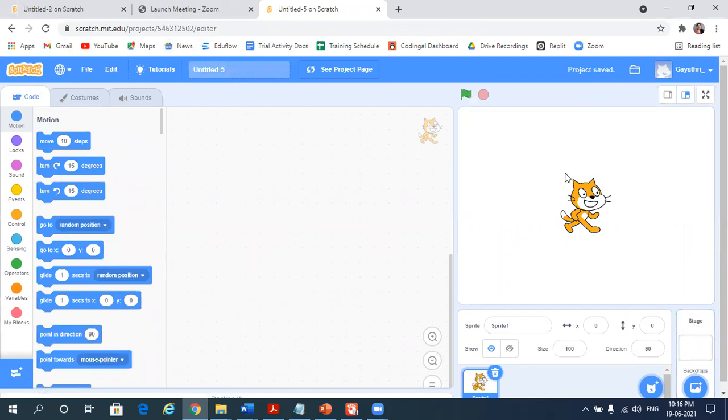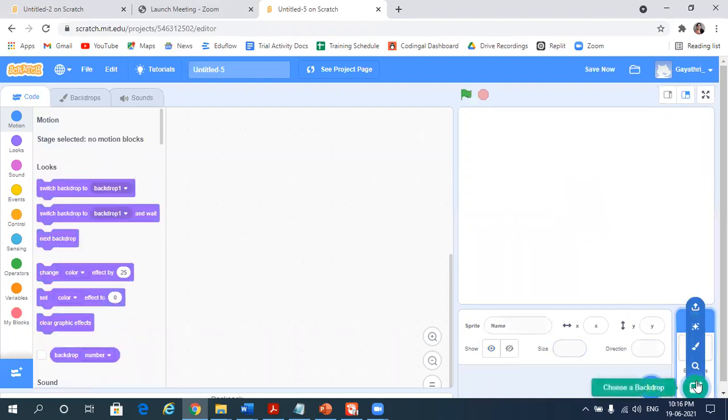Okay, see, we have a cat here by default. I'll just delete it. So this is the delete button we have. So just delete it. We don't want that cat in ours. So you can see here, there is a stage. This is to add our sprites. Sprites means characters here. That is the ghost, the cake, our Nano, and the bat.